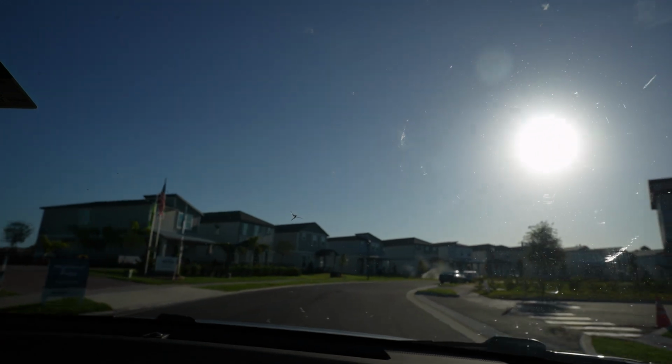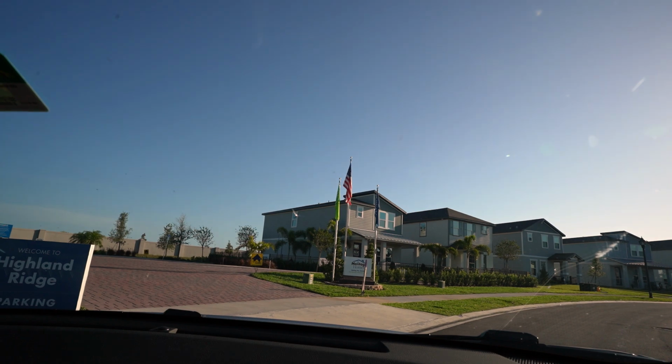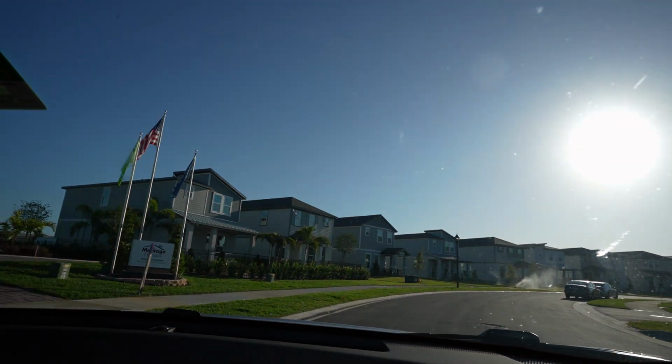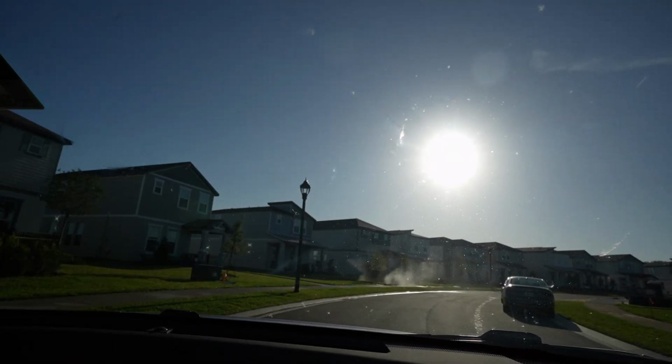They're actually towards the end of their first phase. They're starting phase 2 here in a little bit. As you can see there, those two first houses are the two model homes that anyone can go visit. They are available between like 8 and 5. So if you want to take a look at how some of the models look, you can definitely look